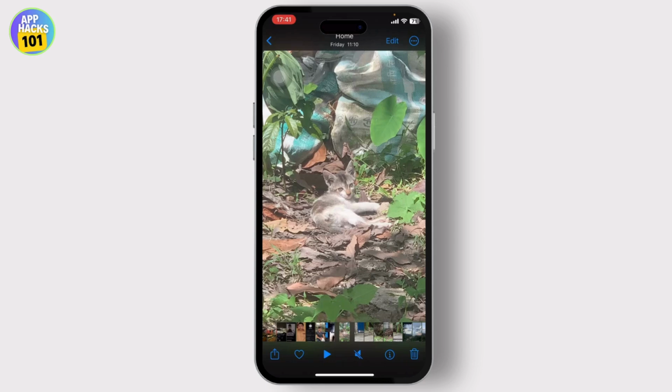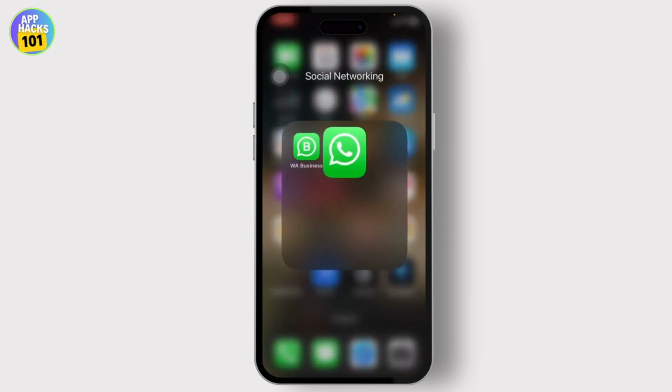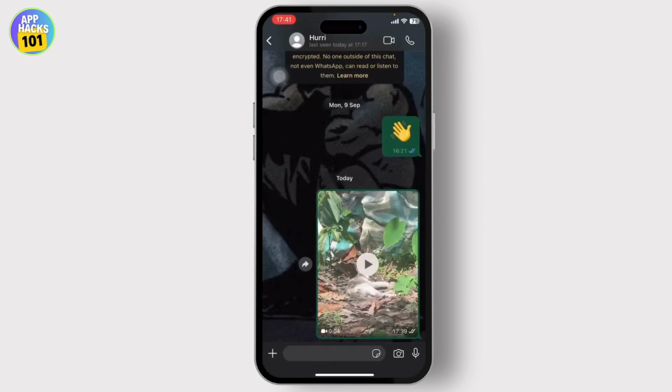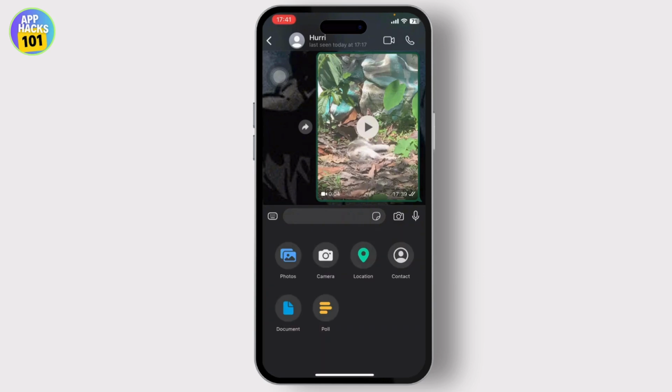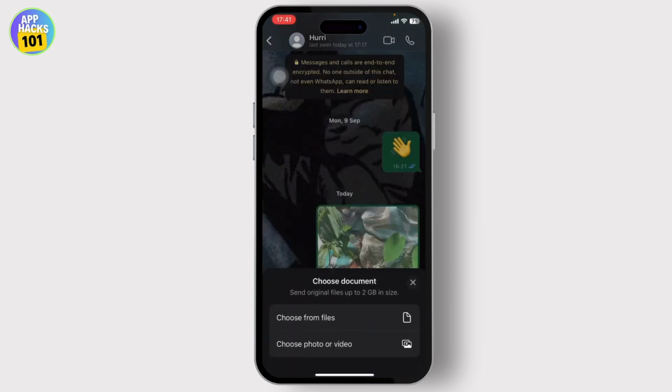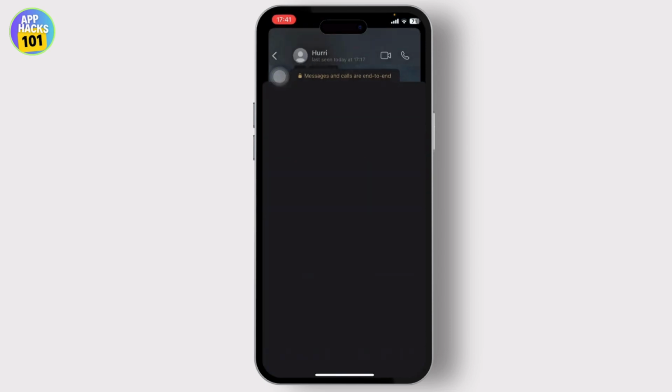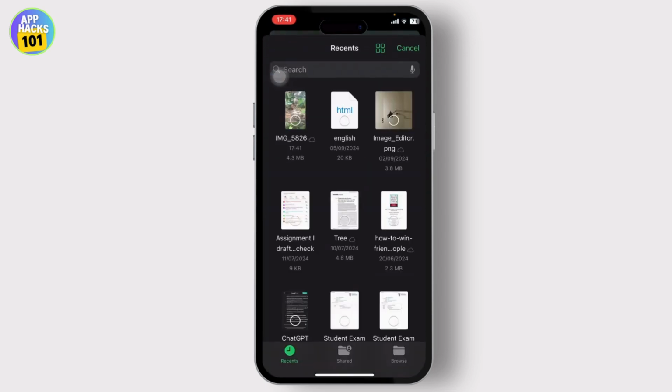And after it gets saved, what you'll want to do is open up your WhatsApp again and just select this plus icon right here and select a document. Now after you select a document, just tap on choose from files, and after you do that, there you will see your video. Tap on it and just tap on done,